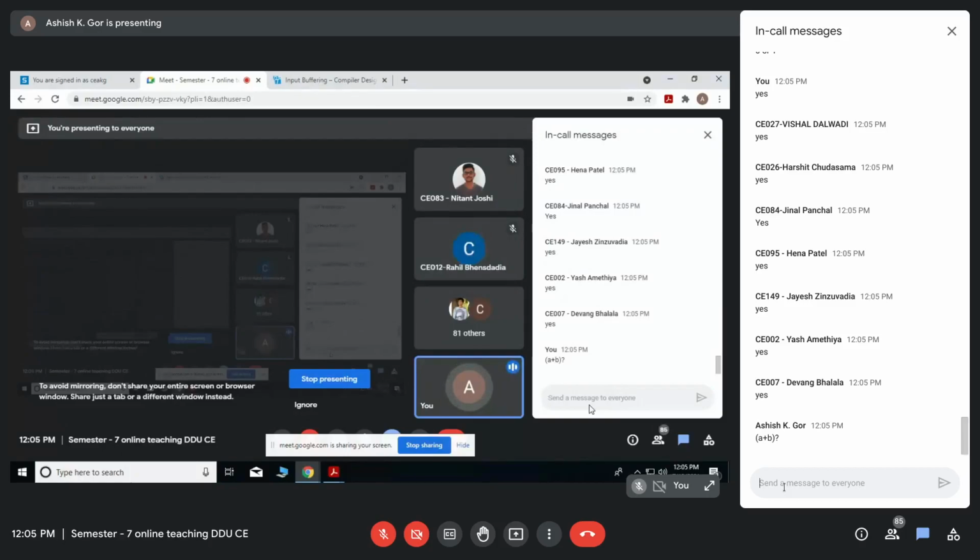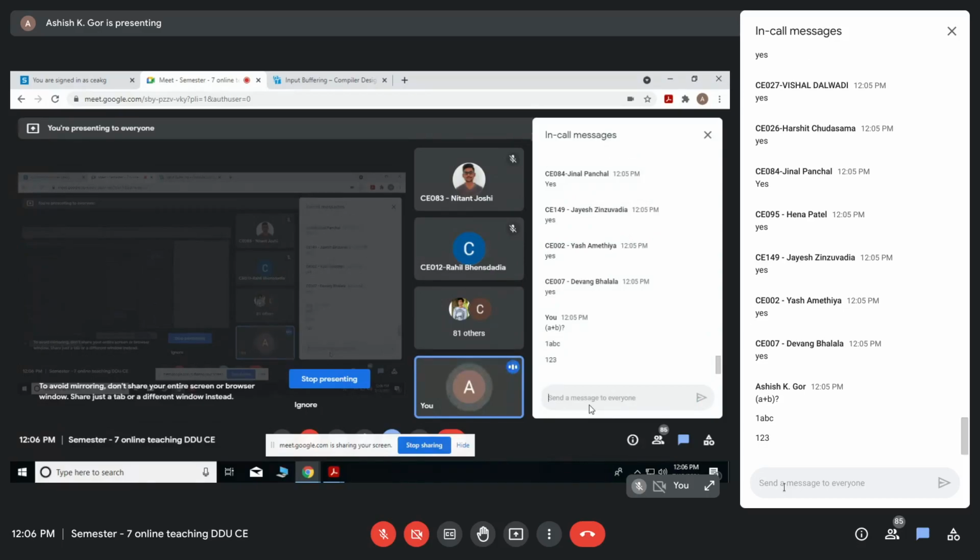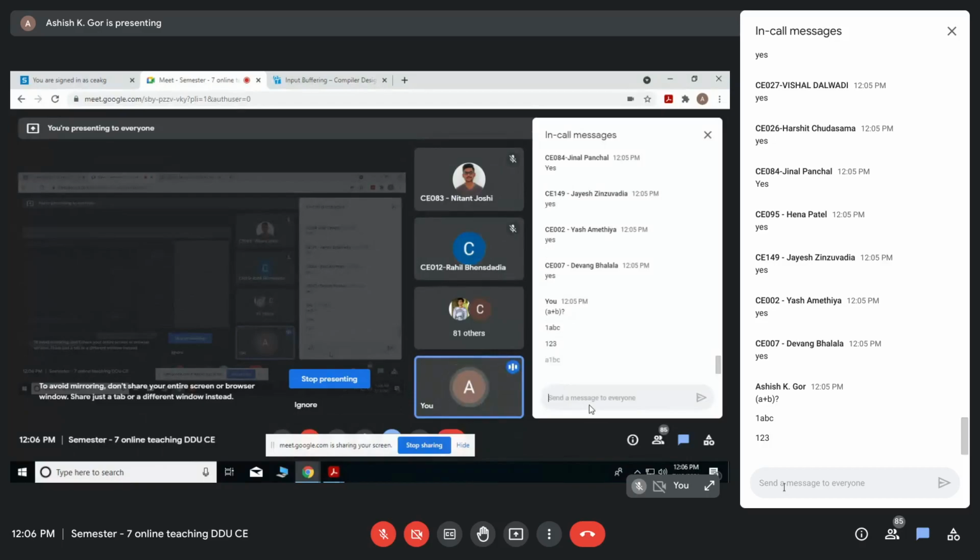So now, Jayesh, is that clear? This regular expression is implemented as part of the lexical analyzer. So whenever you take an input which doesn't match, suppose this is a variable name you are trying to write, like 1ABC, then 1ABC will not match any of the token categories. Either 1, 1 or 1 2 3 is correct, or A1BC is also correct.